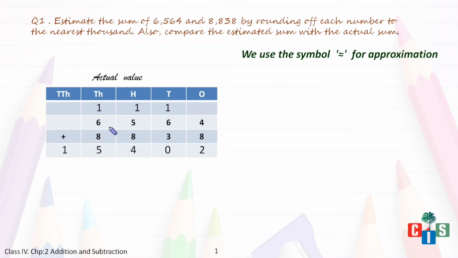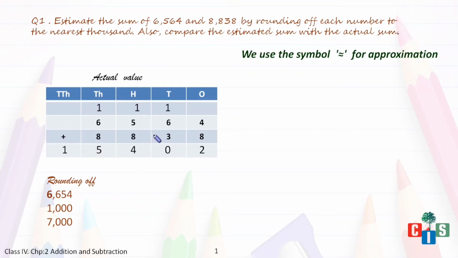Each number means I have to round off 6,564 first and then the second number. So let's do that. Rounding off 6,564 to the nearest thousand. So you have 6, which is bolded in the figure as the rounding off place, and the digit to its right is also 6, which is greater than 5. So what is our rule for rounding off if the digit is greater than 5? You add 1 to the rounding off place, and hence 6 will turn up to be 7, and then the rest of the digits are turned to 0.